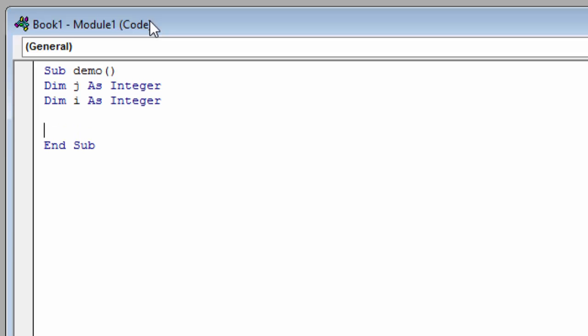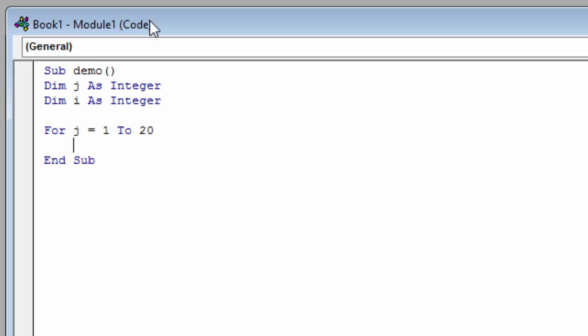Now what we're going to do is we're going to put these into for loops, which basically means it's going to iterate or loop over a predetermined amount of times. So if we say for j is equal to 1 to 20, that means that j is going to start from 1 and go one by one until it hits 20, and then it's going to be done with its loop. We're going to do the same thing for I,